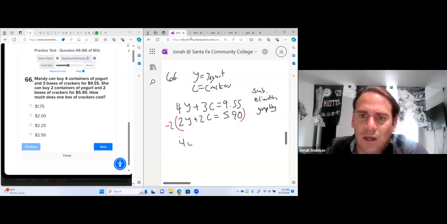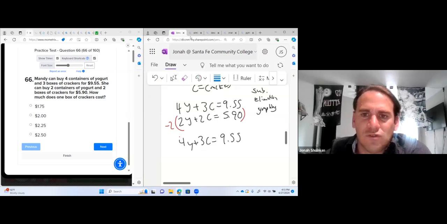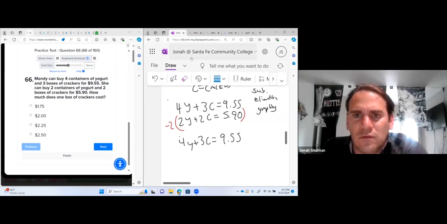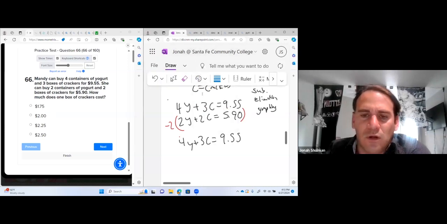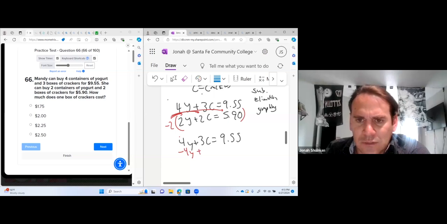I still have the same top line, which is 4y plus 3c equals 9.55. The bottom line, I just have to distribute this -2 to each part. And remember, it also goes to the last part. That's a common mistake when using elimination method. So that's -4y plus, what is that? -4c equals